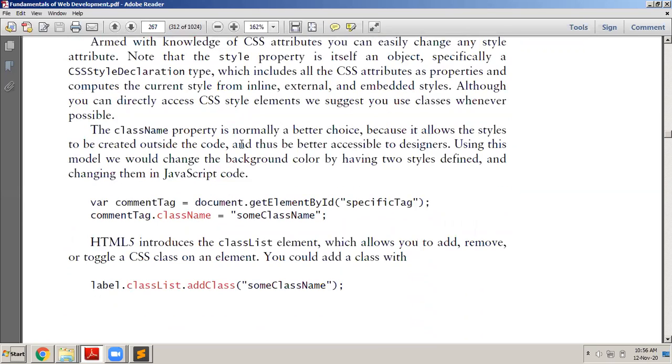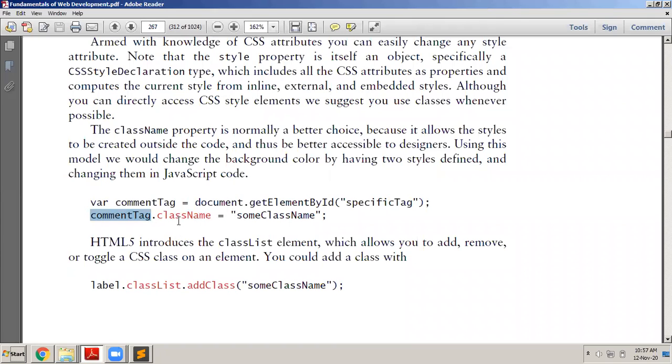Okay. So I can assign a particular class also. Let us say I have defined a style in CSS, and I have given it some name. So I can change dynamically in JavaScript. I can change the style of a particular element by using the className property. So some tag dot className equals the class name.